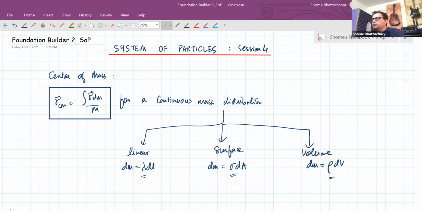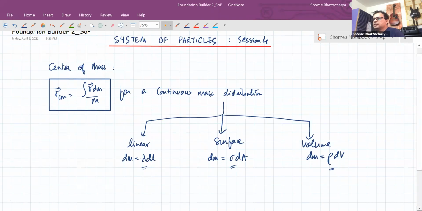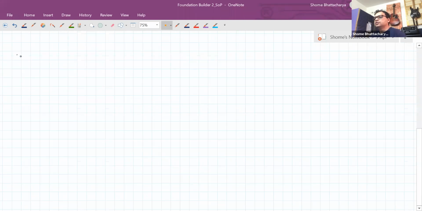we had moved on to look at one example of surface distribution of mass, the triangular lamina. So let's continue with another example of surface mass distribution. The next example we'll look at today is going to be the center of mass of